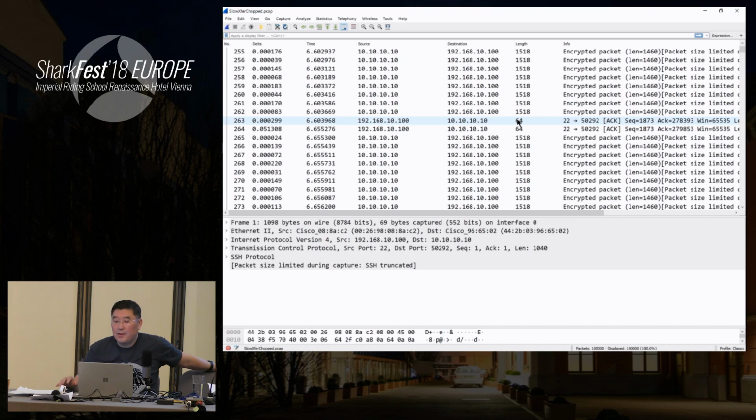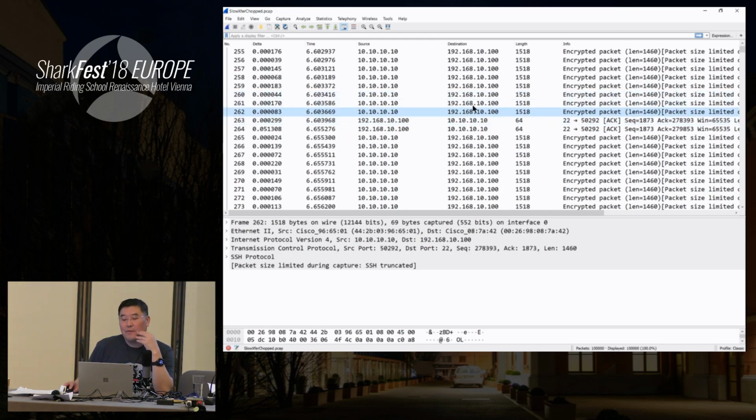What other things do you notice about this trace file just by looking at it? ACKs are not every 2 packets. Okay, so you'll notice that the ACK's not every 2 packets, which in my first session I said you must ACK every 2 packets. However, let me just address that and nip that in the bud right away. It depends on where you're capturing from, okay? The reason why it matters is because, think about where you're capturing from. If you're capturing from the guy that's sending the ACK out, meaning, let's say, for the sake of argument, that I am capturing from 192.168.1.100, if I'm capturing from here, I would see 2 packets received, immediate acknowledgement go out, because I'm very, very close to the